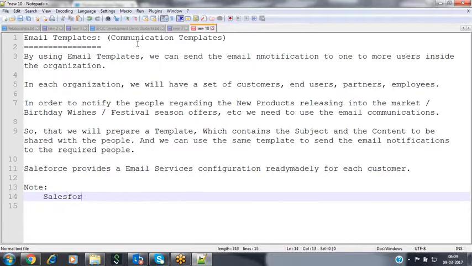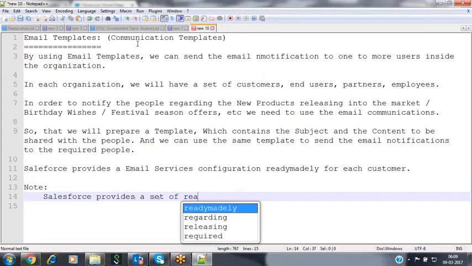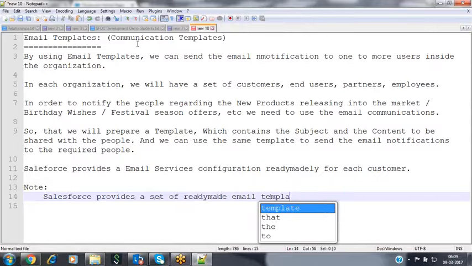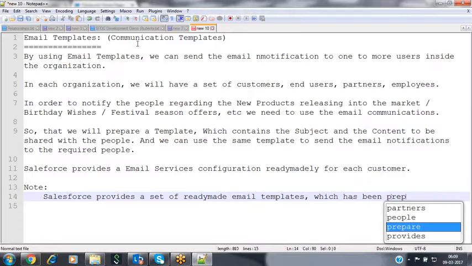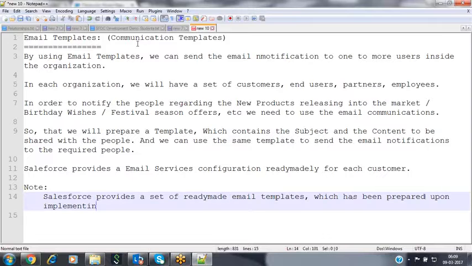Salesforce provides a set of ready-made email templates which has been prepared upon implementing the Salesforce CRM application.